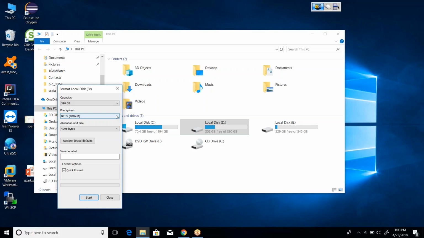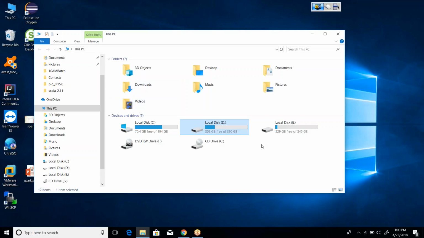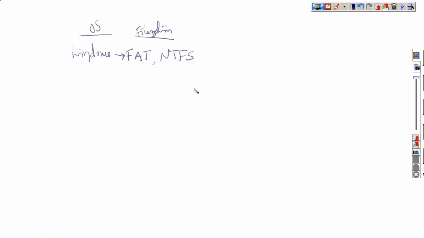FAT is the old file system Windows used, NTFS is the latest one. So every operating system uses a file system to maintain the data in the machine. So Windows uses the NTFS or FAT file system. Similarly, the Linux operating system.